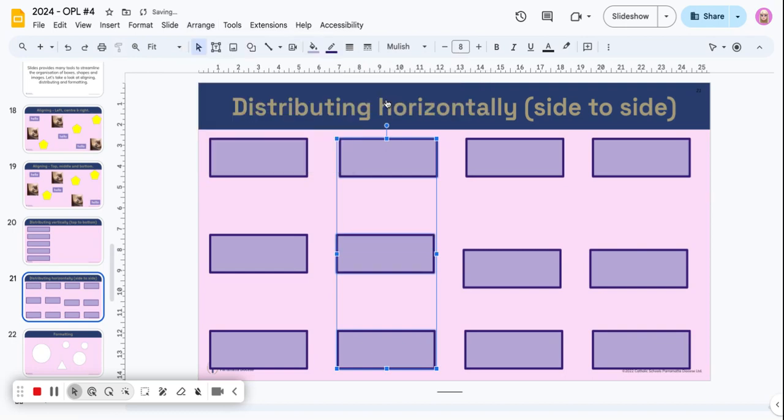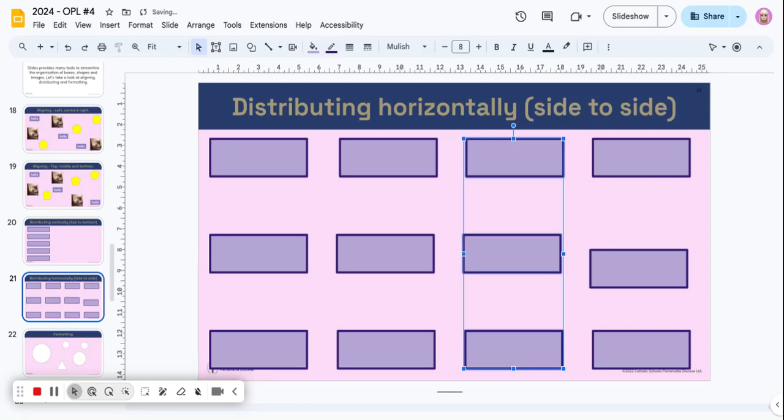Again, I'm distributing vertically like that. I'm going to do the same thing here. Save myself a little bit of time. I've selected those three, and now I'm going to press Command Y, and it will remember that the last thing I did was distribute vertically. Same thing here. Save myself some time. Select all of them by holding the Shift key down, and now I'll press Command Y, and they have lined